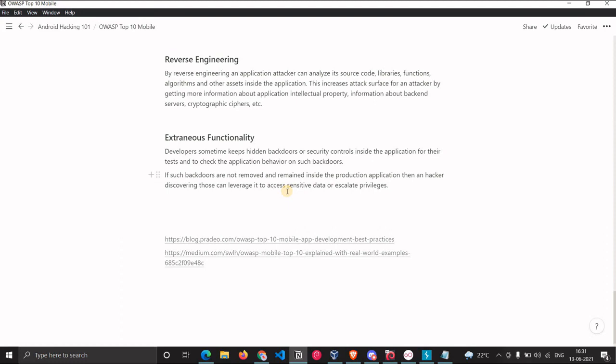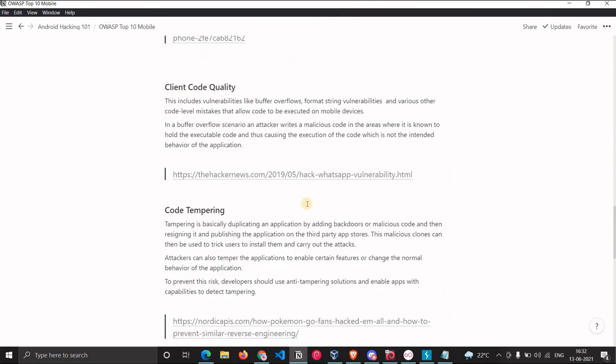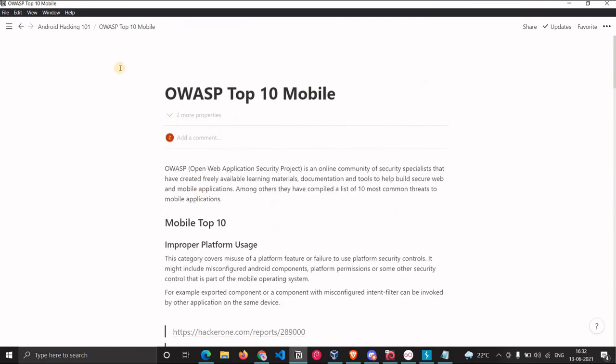But after production, when you publish the application, they have to check whether these things are still there in the application. If they are not removed, then any hacker or bad guy can exploit them. So yes, these are the OWASP top 10.